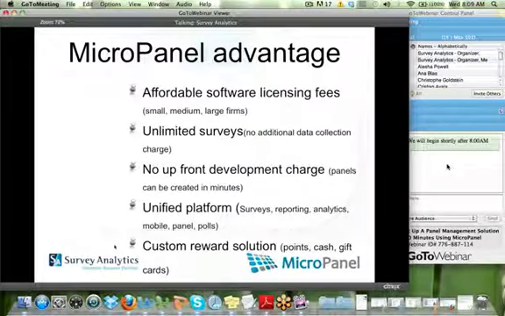So again, with the advantages that we have talked about earlier, we want to talk about some specific advantages with MicroPanel. It is very affordable in comparison to a lot of other panel or personalized panel tools out there. It fits a wide range of companies, from small and medium to very, very large firms. You can do unlimited surveys, unlimited data collection. There's no additional charge that's included as part of your package, and there's no upfront development charge. So the panel, as you can see later, can be created in mere minutes, and you have the control to really